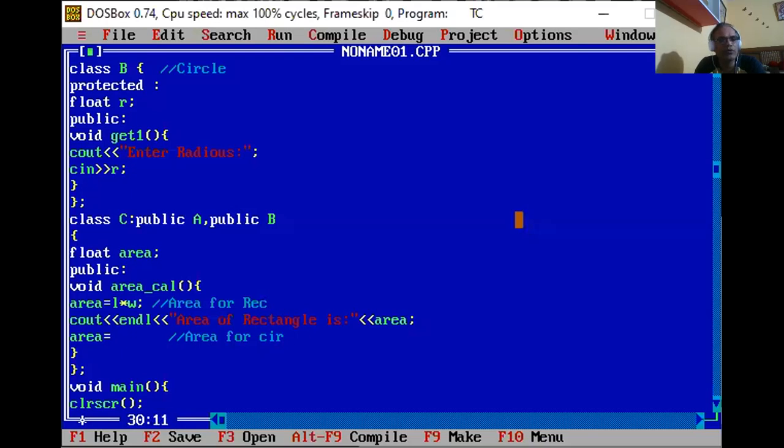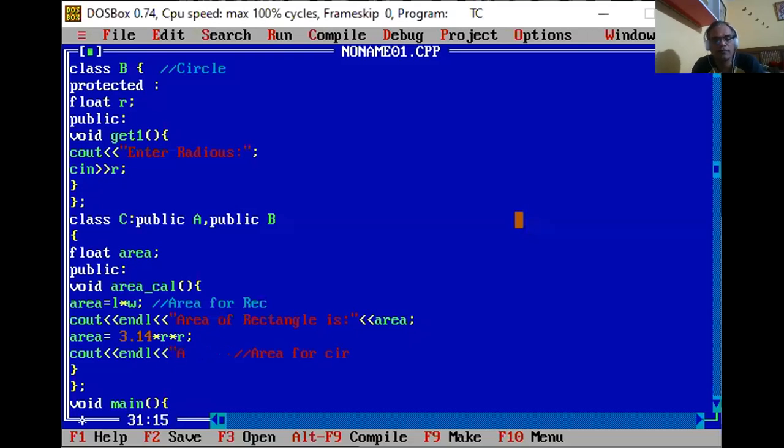So this is the area for the circle: pi r square. You understand pi means 3.14 into r into r. And now you can write here cout area of circle. I hope you understand.